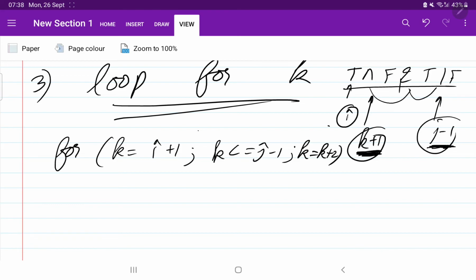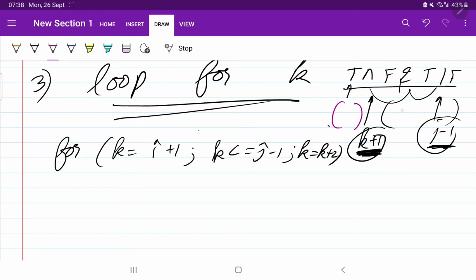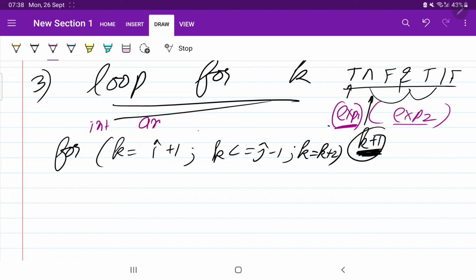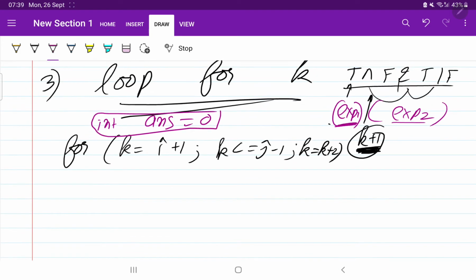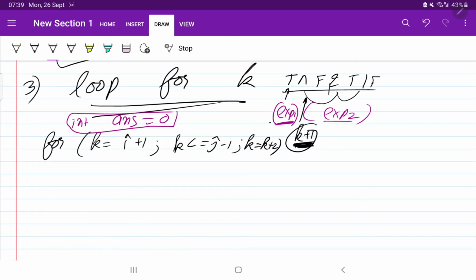Now here is the twist. Suppose you break at k plus 1, so the first expression is this, the second expression is this. Let me change the pen color, it will be a bit helpful for you. This is the first expression and this is the second expression, expression 1, expression 2. So here we need to calculate temporary solutions. Suppose the final answer is int 0, but while going in the loop we need to calculate the temporary solution. First of all I need to check what value expression 1 will give and what value expression 2 will give,